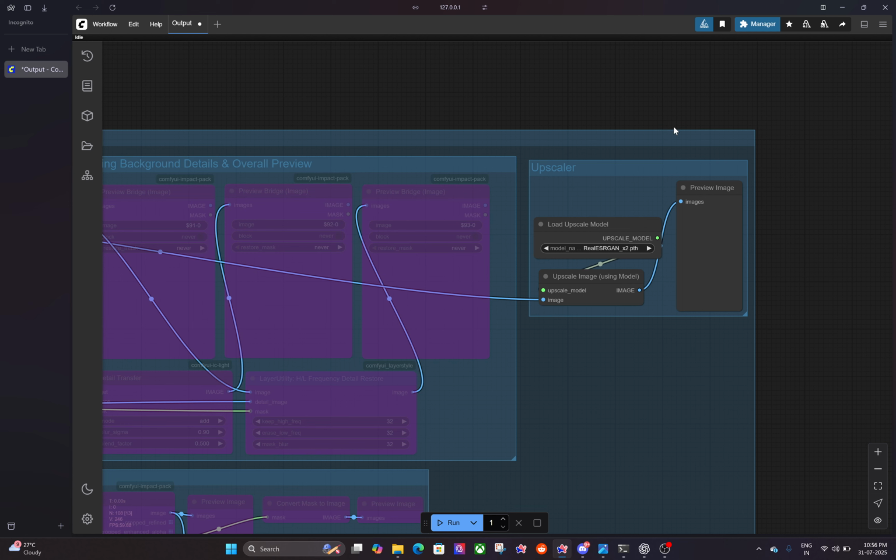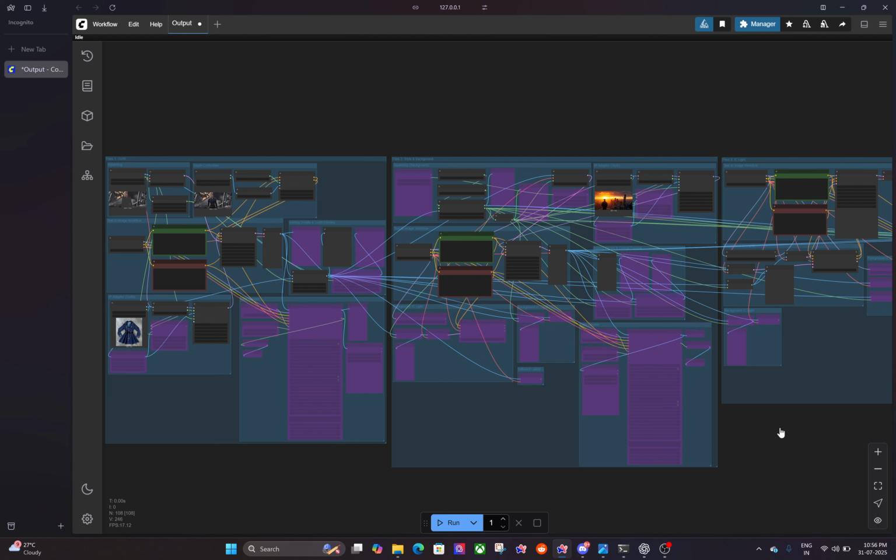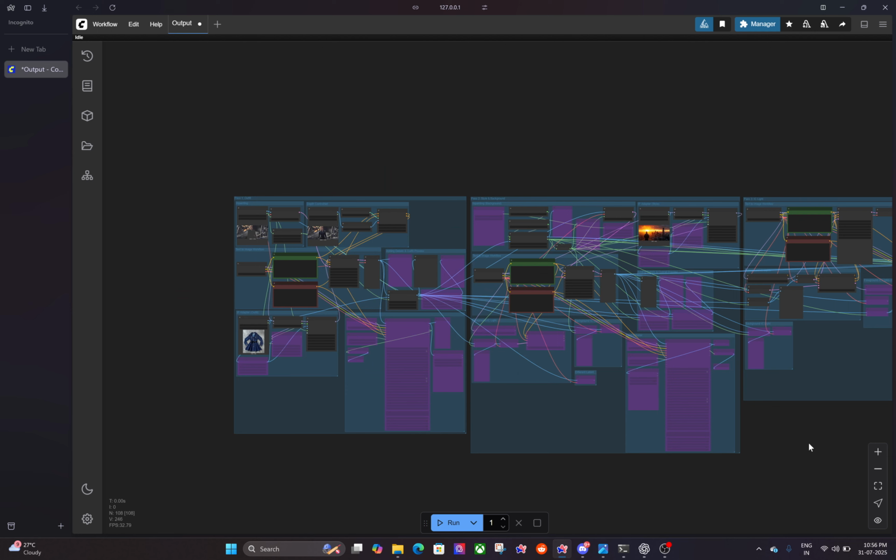So yeah, this is my entire workflow that I built, taking a good amount of time, learning many things, many nodes out there. Here you might have seen bridge preview nodes, face detailer nodes, and background lighting things and whatnot. Those small things I got to learn about. So yeah, it was pretty fun, and do see my outputs, and I'm sure that you will be amazed to see the kind of outputs